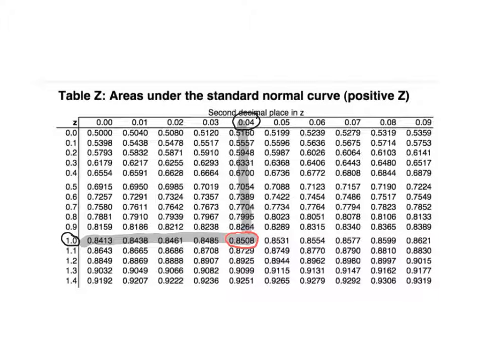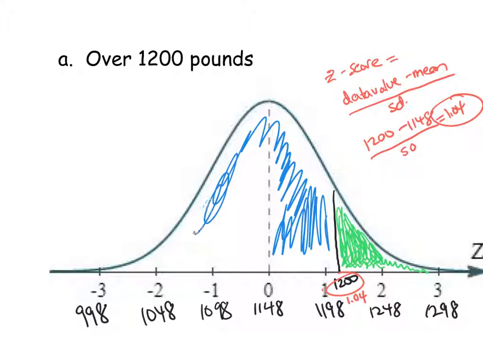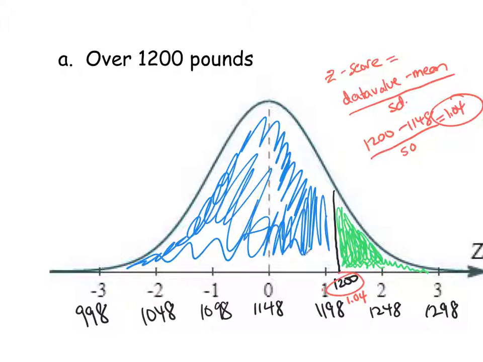So that will be the area to the left of my z-score line. The 0.8508 that I found in my table actually represents, and I'll shade this area in blue here, this area underneath the curve, all of this area right here. So if that is 0.8508,